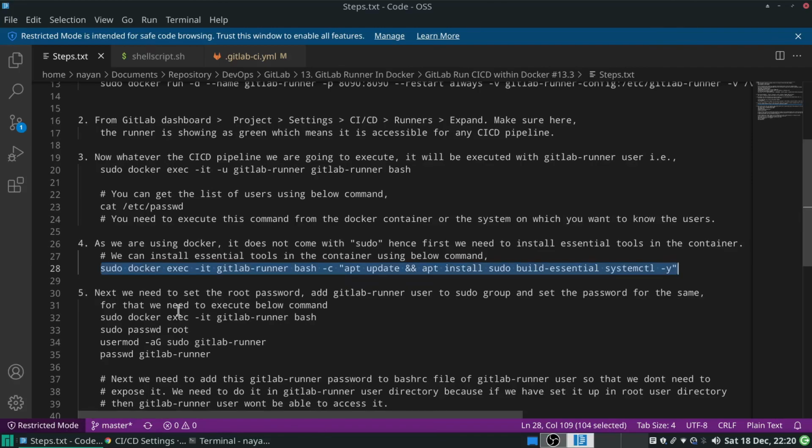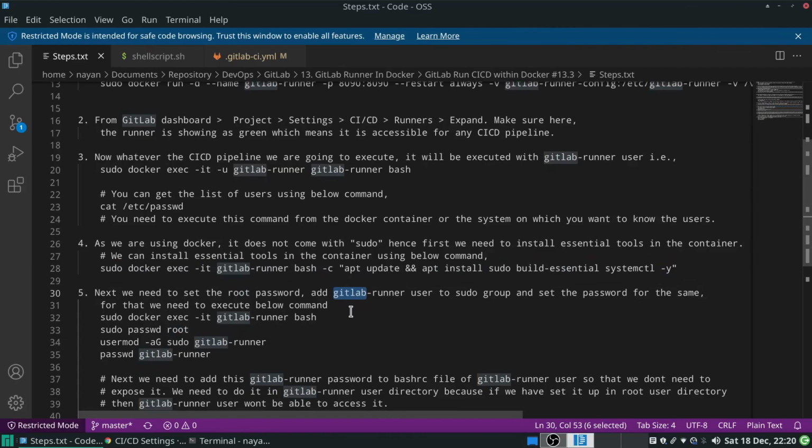Once we have installed build essential, sudo and systemctl tools, now we follow the next step. The next step is to set the root user password, then set the GitLab runner user password, and then add the GitLab runner user to the sudo group. Why is this step necessary? Because when all the CI/CD pipelines are executed using the GitLab runner user, if you want to install any packages or start any services, you need to execute them using the sudo command.